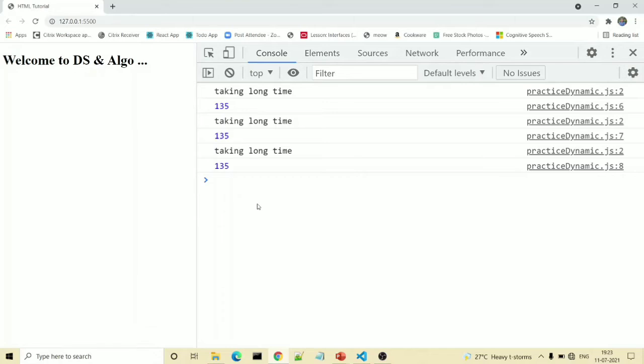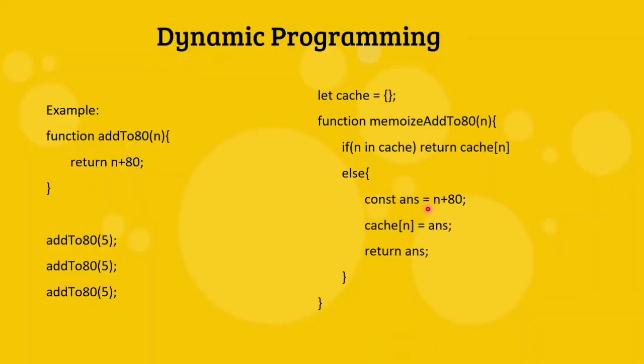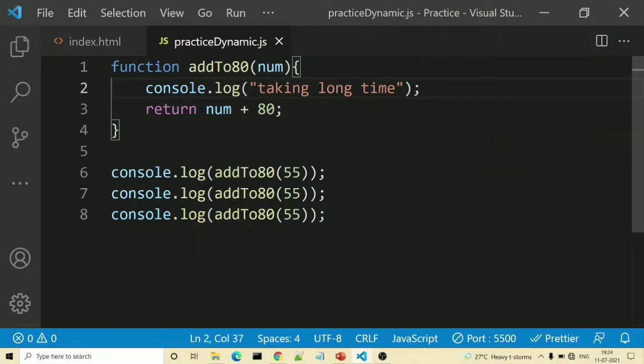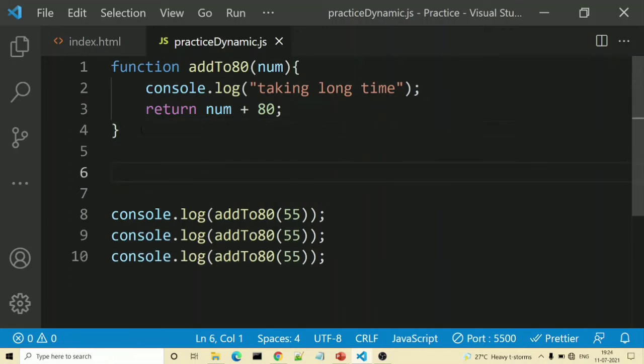So actually there we will use the concept of dynamic programming. Here we have the code for that. Firstly, we will create a variable for storing the cached result. Then inside, we will check if the number already exists inside the cache, and if so, we will return that particular result. If it does not exist, then we will compute the result, push it inside our cache, and finally return it so that it can be used the next time. Now we will write our memoized function.